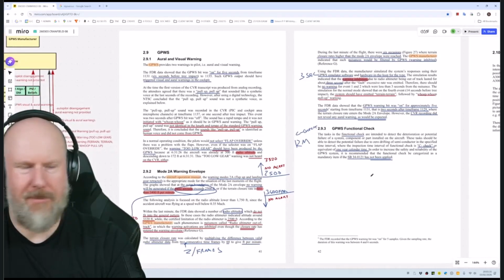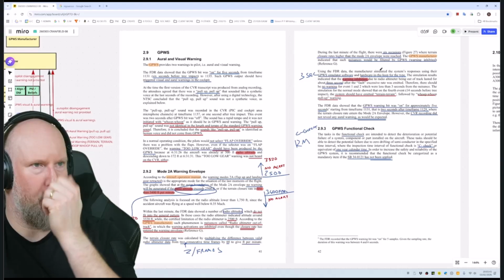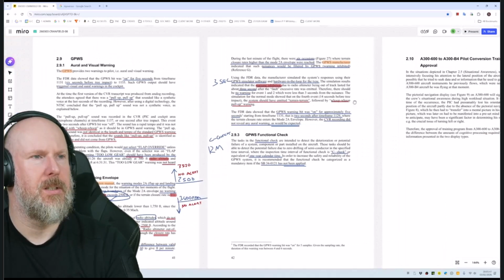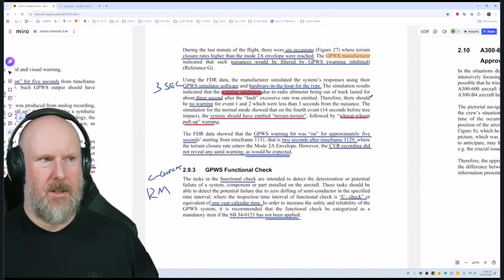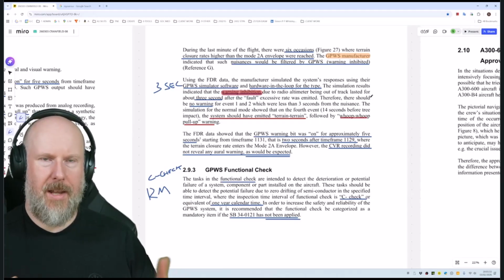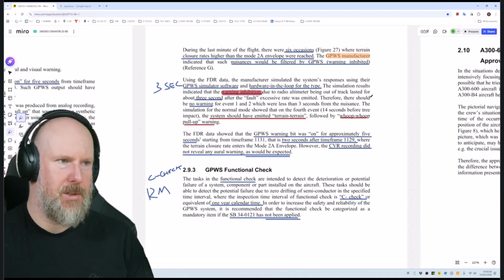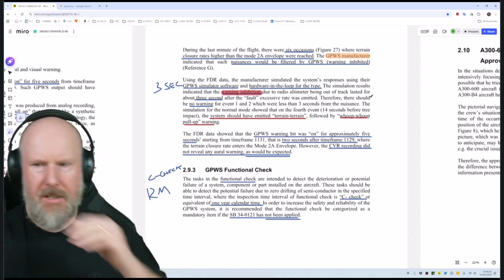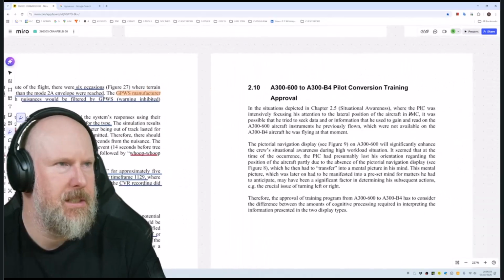Something fishy about that. Something interesting about that algorithm for the GPWS, and its susceptibility to warning inhibition. Because it's behaving as it's designed. It's supposed to inhibit the warning, but in this case it's inhibited it in a way that seems to have not given the crew maybe the time that they need to be able to save the day. I don't know, maybe I'm misinterpreting it. Let me know in the comments what you think. Okay, so the